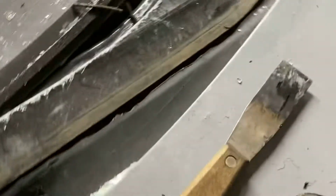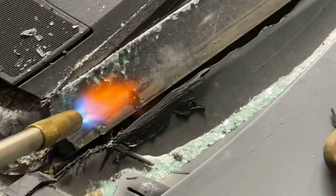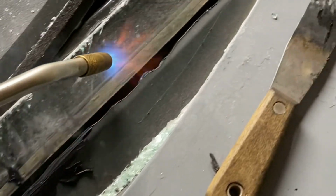So here's where we're at. Here's all the garbage I cut out so far. And what I've been doing is just taking my little putty knife here and a little torch and just kind of heat up the glass. Give her one of these numbers here and get the glue nice and warm, and then